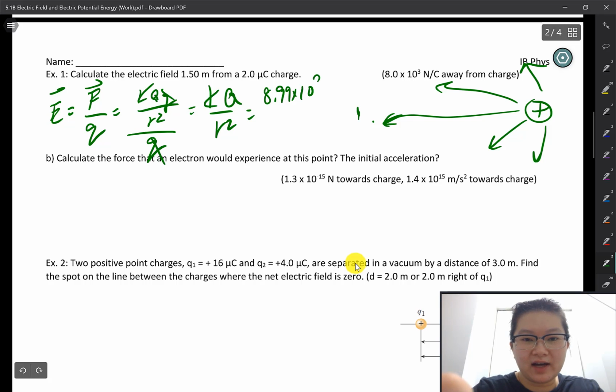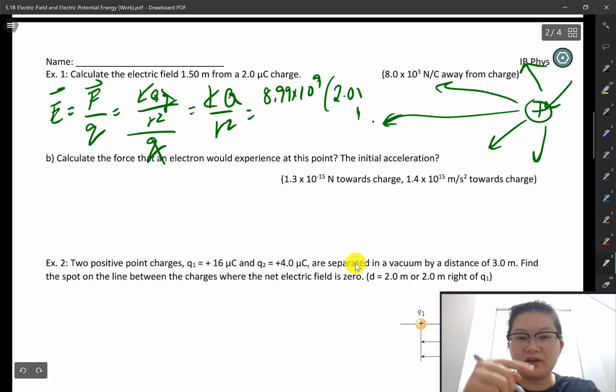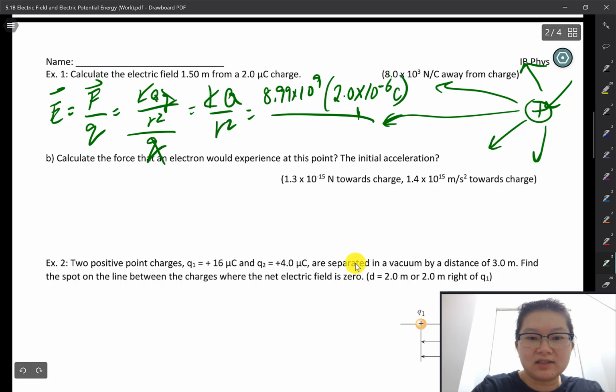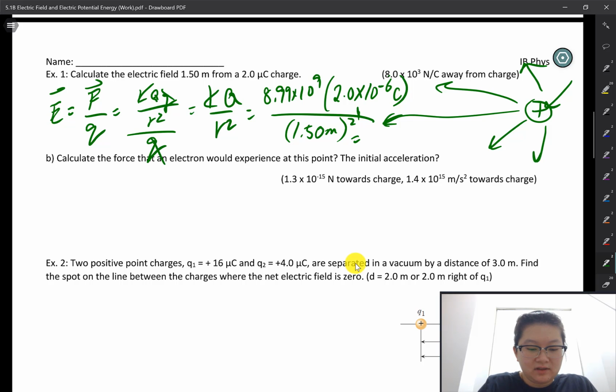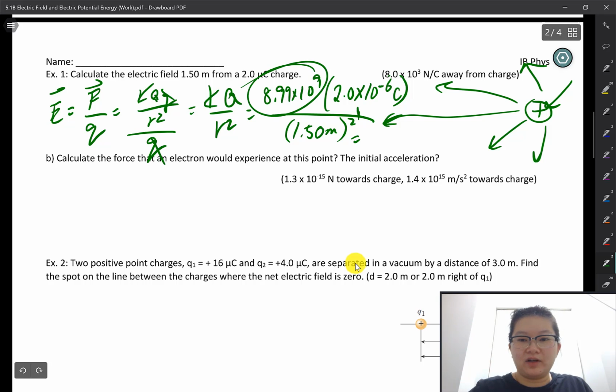We get 8.99 times 10 to the power of 9, which is the k value. It's the constant that you can find in your data booklet, times 2, which is this charge over here, times 10 to the power of negative 6 coulombs, all over that distance, 1.5 meters. Don't forget to square it, because a lot of students will forget to square that one. Okay, so putting this into our calculator, I get 7,991 if I use this value for k. So that's going to round, to 2 sig figs, to 8.0 times 10 to the power of 3 newton